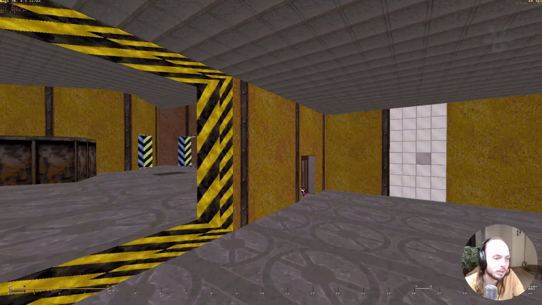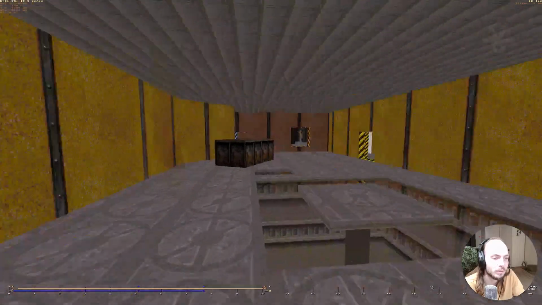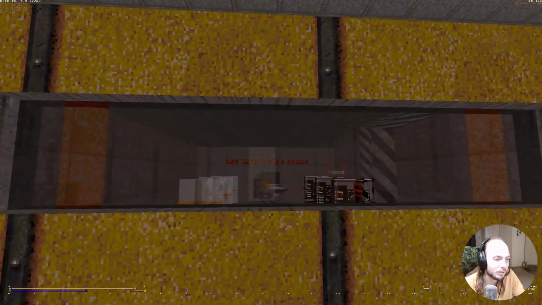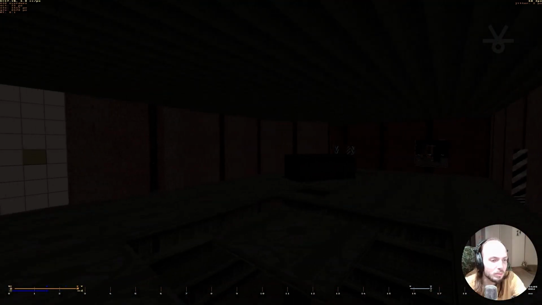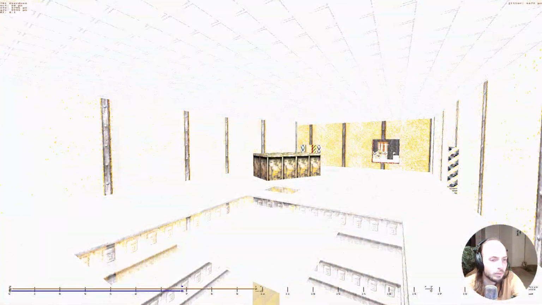Even in 8-bit 256 color, it remains high dynamic range, in which can be exposed freely